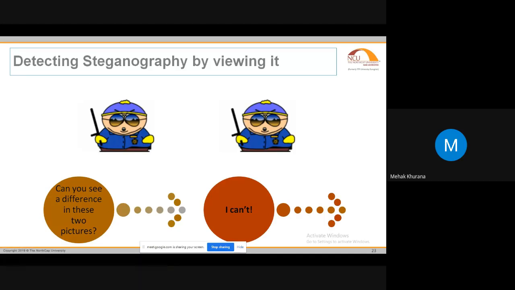I am adding the text to it, so it will obviously increase the size of the image. That is the biggest challenge that I need to manage. But the larger the size of the image, the more content I'll be able to hide inside the image. If the content is large and the image is small, it will become difficult to hide the data. So I have to take care whenever I'm hiding content inside the image. I have to select the image carefully, with the proper intensity and with the proper size. Next slide.